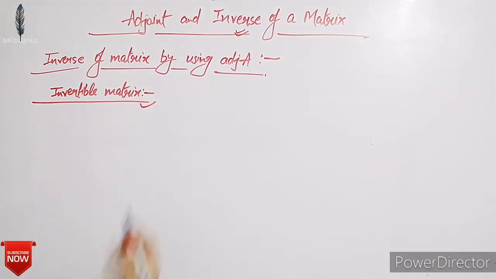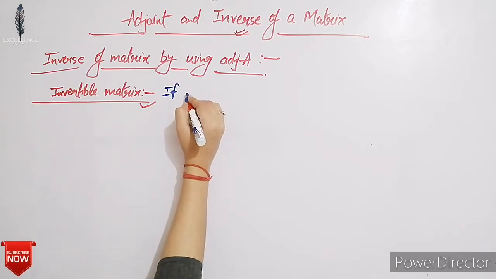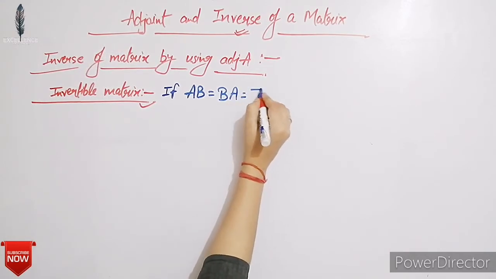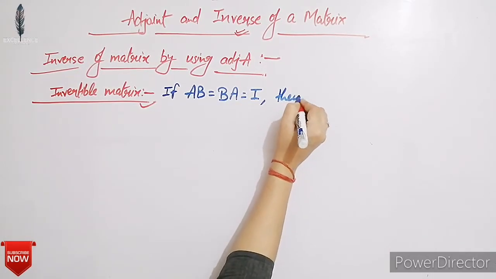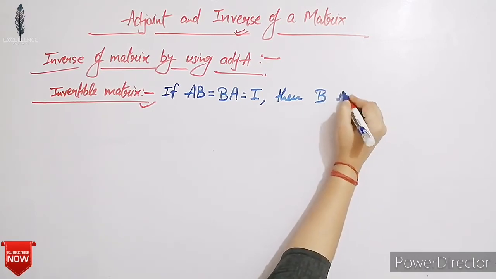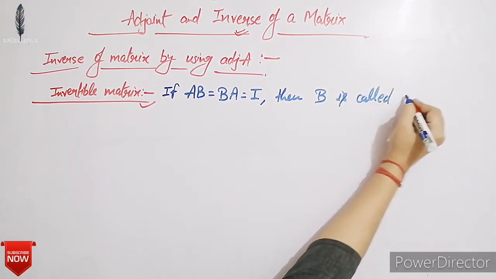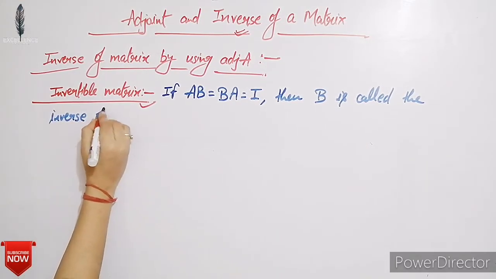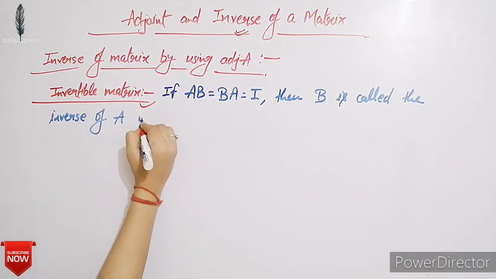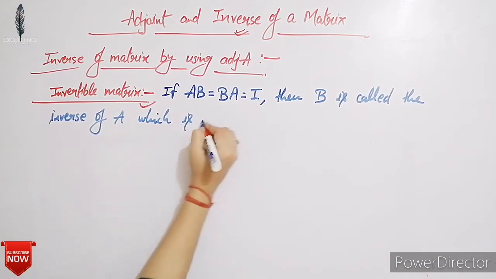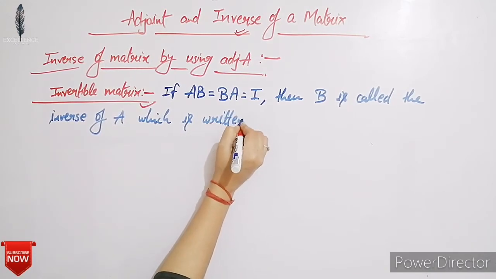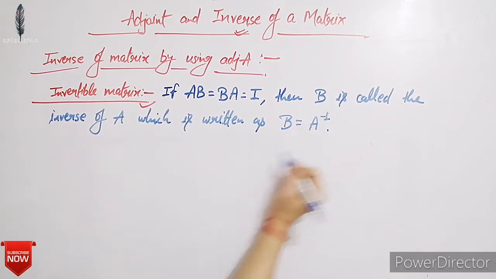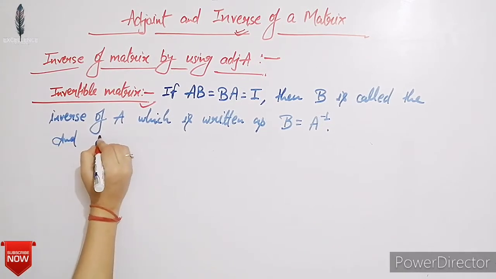All of you know that if AB is equal to BA is equal to I, that is the identity matrix, then B is called the inverse of A, which is written as B equals A inverse,